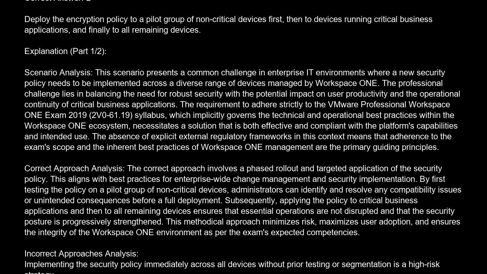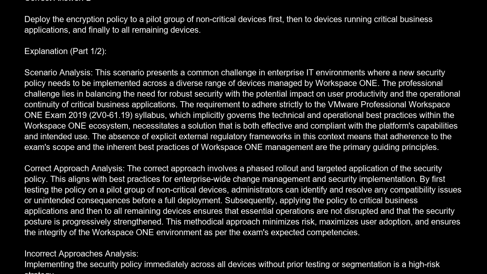be implemented across a diverse range of devices managed by Workspace One. The professional challenge lies in balancing the need for robust security with the potential impact on user productivity and the operational continuity of critical business applications. The requirement to adhere strictly to the VMware Professional Workspace One Exam 2019,